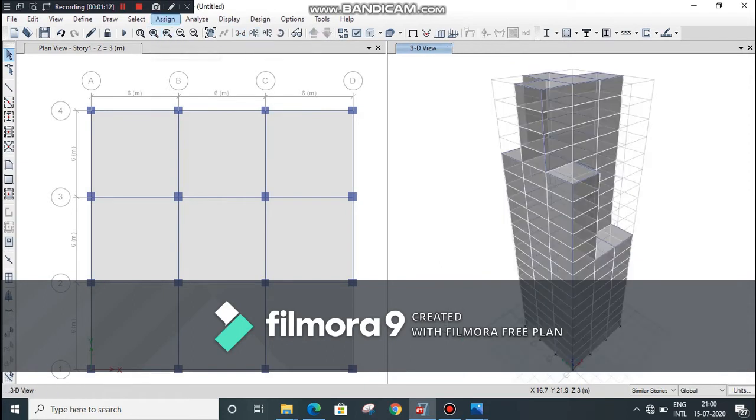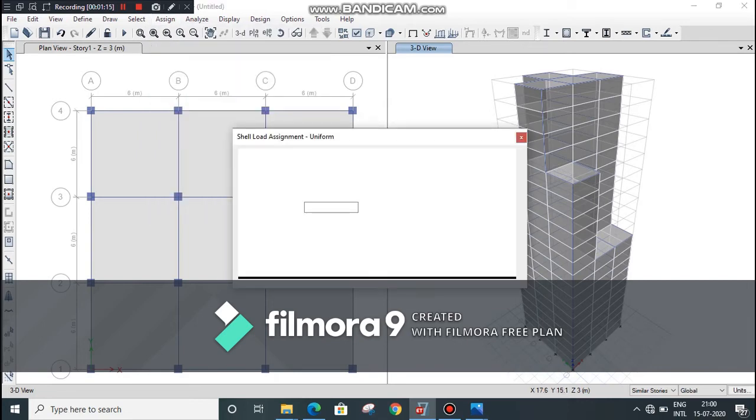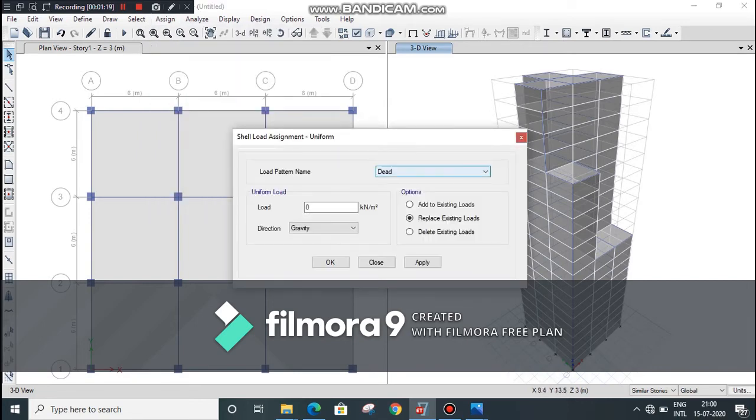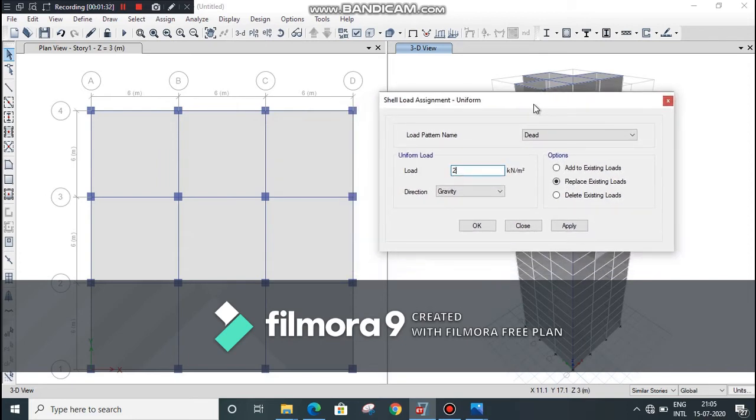Now go to assign menu and select shell loads as uniform, load pattern as dead load. In our case dead load is 2 kilonewton per meter square. Click on apply. First of all we have to select the slabs on which we are applying the loads.